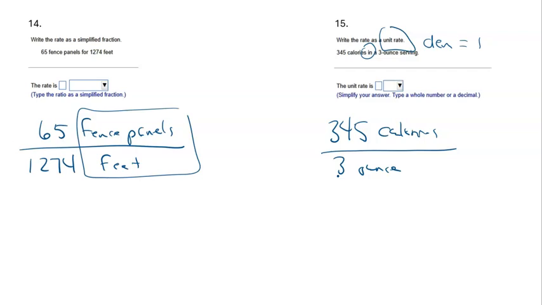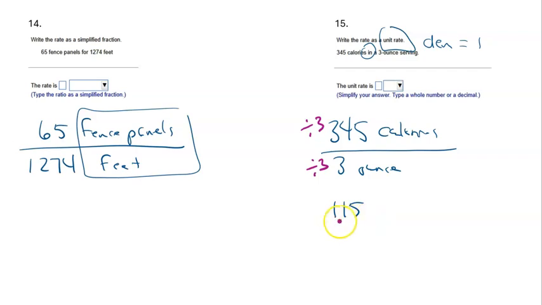You could check this by adding. The divisibility test for 3 is you could add all the digits together. And if the total or the sum is divisible by 3, then the number is. So 3 plus 4 is 7. 7 plus 5 is 12. 12 is a number that's divisible by 3, so that means 345 is divisible by 3. And then you can use your basic calculator and divide 345 by 3, and I get 115. So that's 115. Now remember, what we've really done is we've divided by 3 here and divided by 3 here,